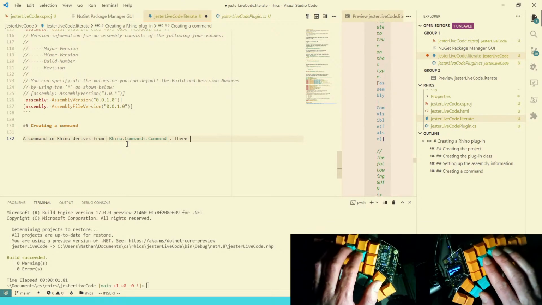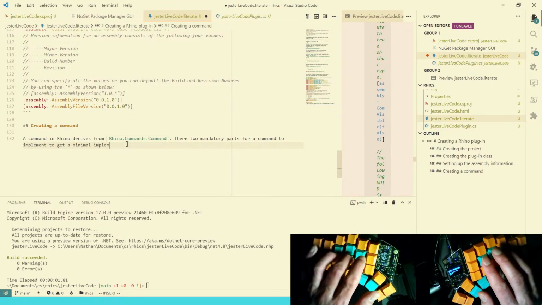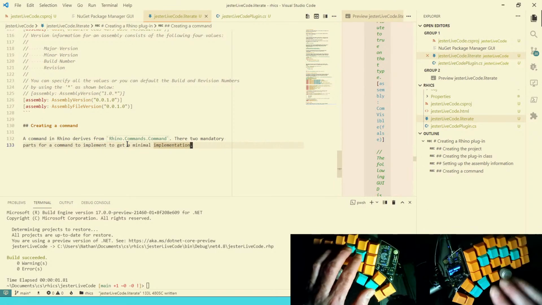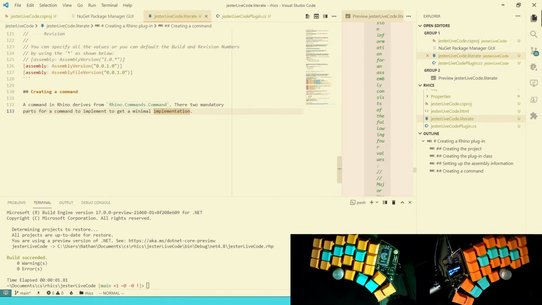And there are two mandatory parts for a command to implement to get a minimal implementation. Let's go with minimal. I'm sure that English speakers know better than me what it's supposed to be. A minimal implementation, so that's going to be